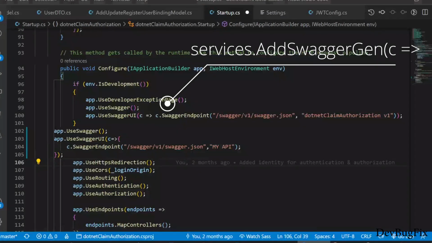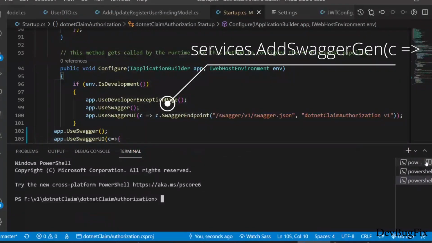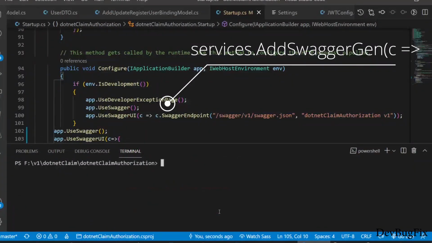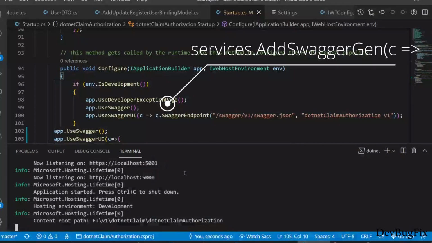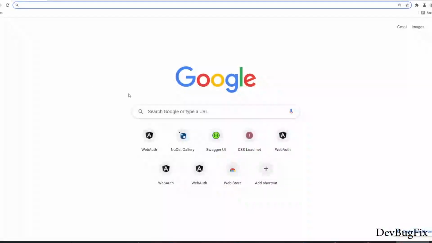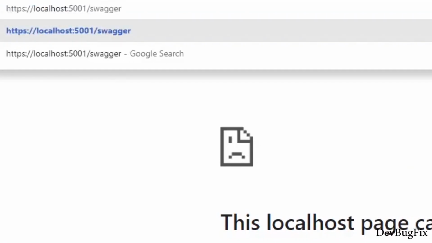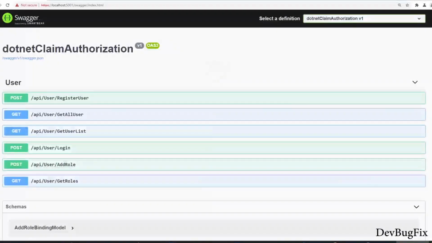Now we will test. Open terminal. dotnet run. This command will run the application. Copy this URL, localhost 5001. Paste in the browser /swagger/index.html and you will see this UI.